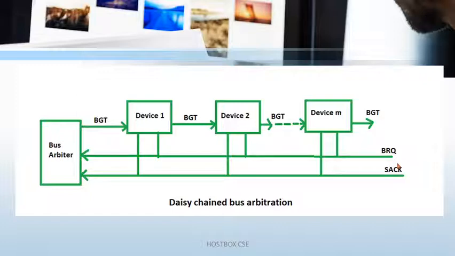So let's assume a daisy chain bus arbitration. Let's assume that we have only one computer here. I am saying this for understanding purposes, don't write it for the exam. I have just assumed that you have one printer here: printer 1, scanner, and printer 2 like that. Printer 1, printer 2 and scanner like that.